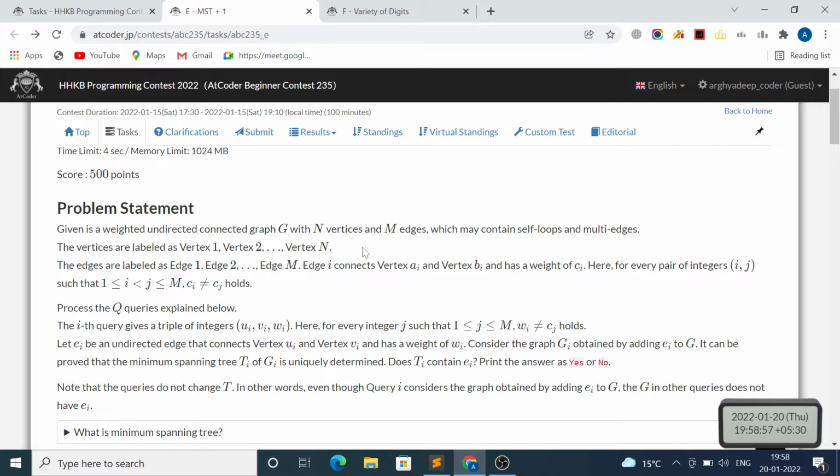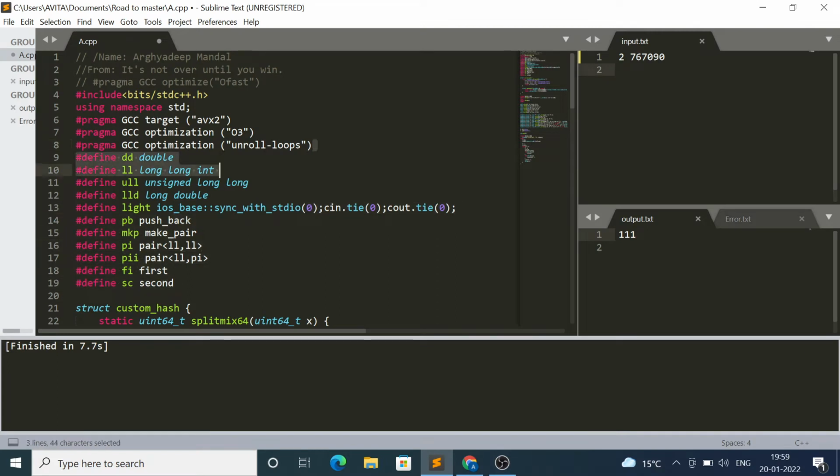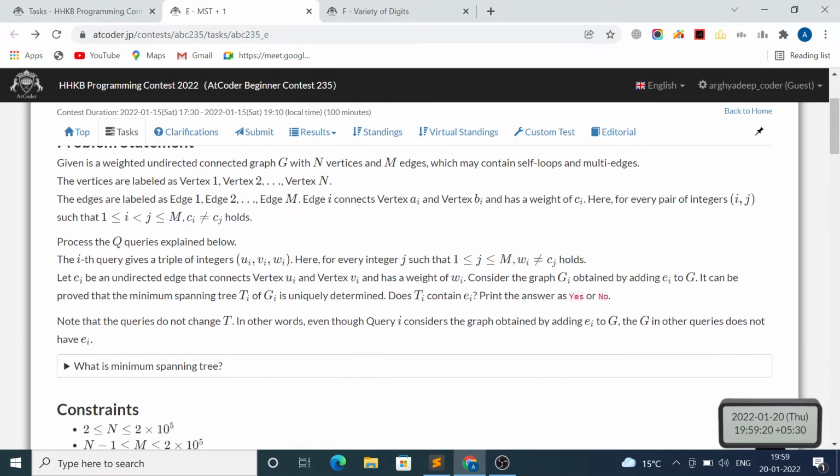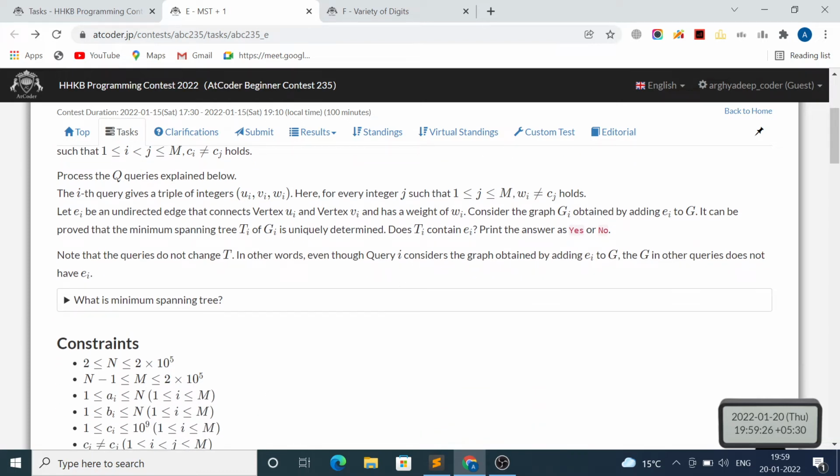Initially I will get some tree structures, like there will be one tree here, another tree here, and all of these trees will be unique, since all of the weights of the edges are different. So I will get some disconnected components of trees initially. Then if I would like to add that edge,